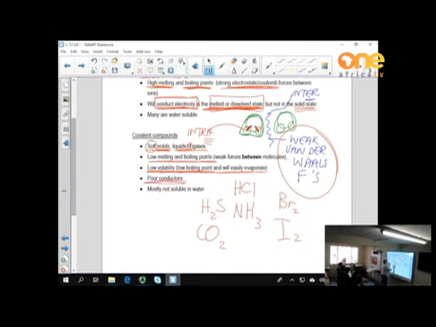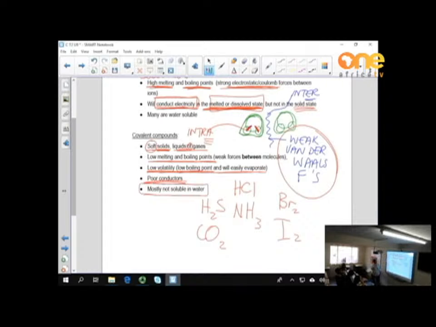They do not conduct electricity. Why don't they conduct electricity? What is electricity? Current. Moving? Charge. Are there any charges that can move? No. All right. So there are no charged particles, so it cannot conduct electricity. And the last one,